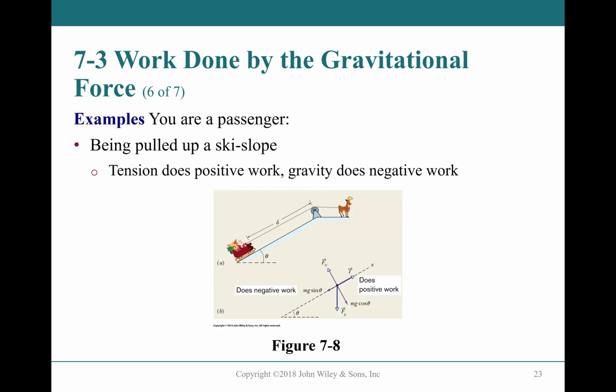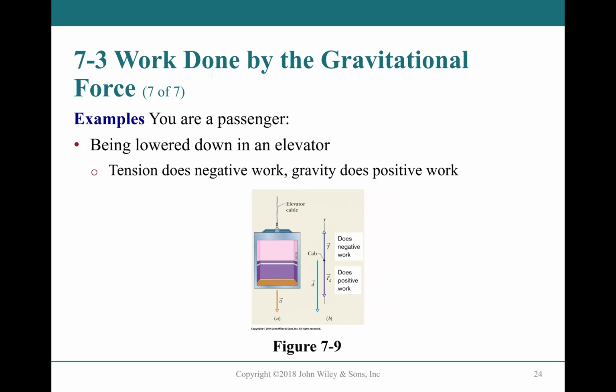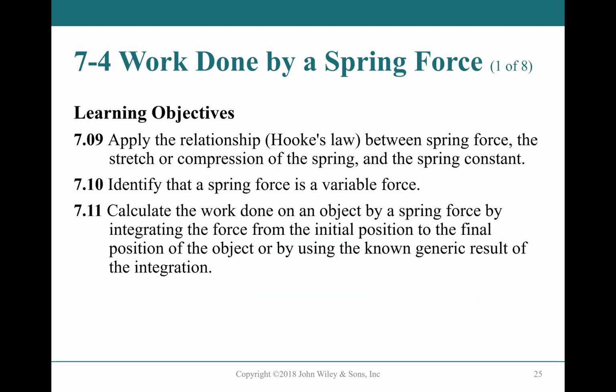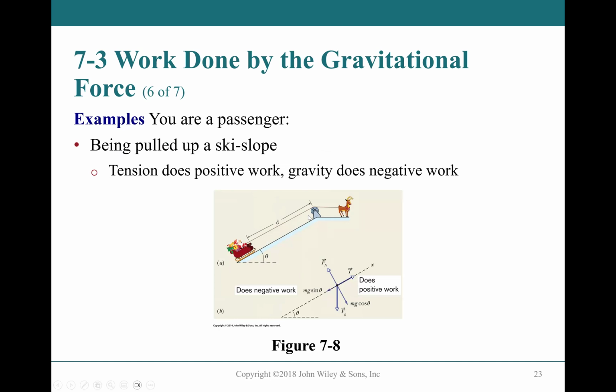And we have an example here. Let's go with the concept. It's very easy, the concept. So here, you are a passenger being pulled up by a ski rope. So let's take a look at all the forces applied on the slide here. We have gravitational force, Fg. We also have the tension, and we also have the normal force. So we have these three forces acting on the object,